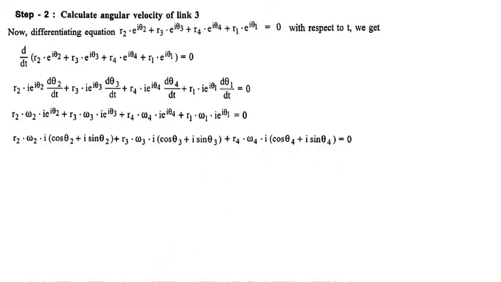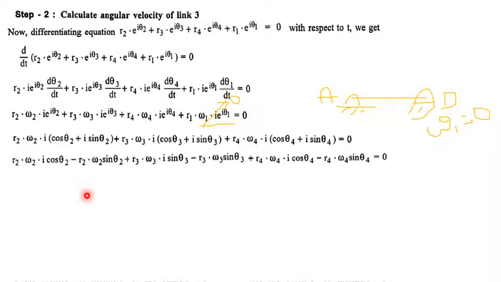So this term becomes 0 because it does not have any rotation. So link AD, this is a link AD, which is a fixed length, fixed link whose angular velocity omega 1 is equal to 0. So here omega 1 is equal to 0, therefore I'm going to neglect this term. Okay, so now we have to multiply this r2 omega 2 here, r3 omega 3 here and r4 omega 4